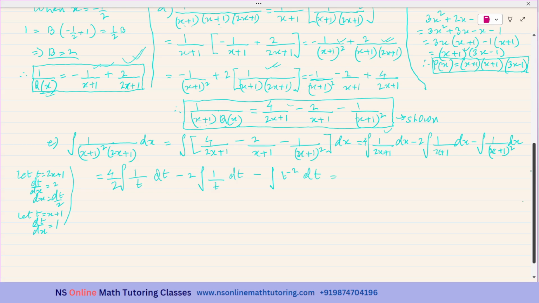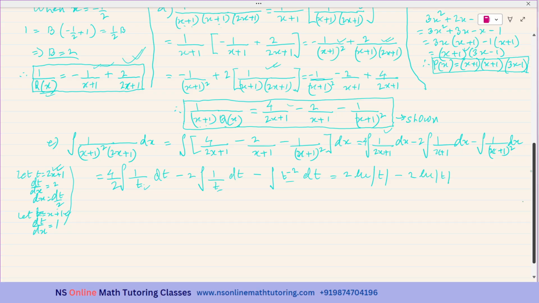which is equal to 2 ln of t, that one is minus, okay, let me not take t. If you get confused, do not forget, this t is 2x plus 1 and these two t's are x plus 1. If you get confused, then you have to take some other variable. You can take k, you can take u, you can take any other variable, but not t. But in case you take all of them to be equal to t, you have to remember that this t is representing 2x plus 1 and these two are representing x plus 1. So this one is, next one is minus ln of t,